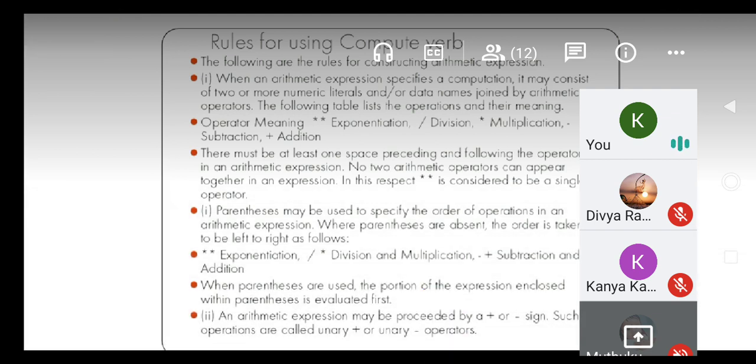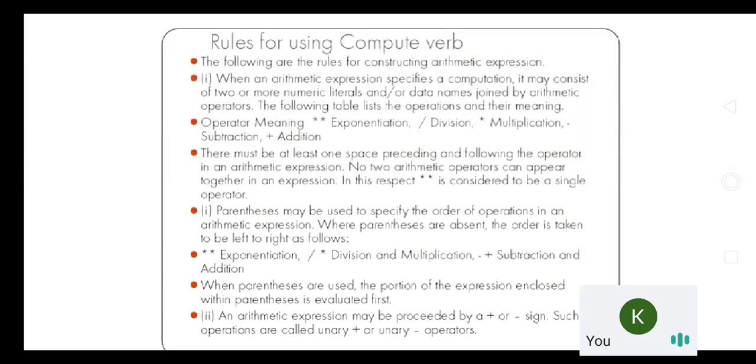And then sometimes we use parentheses. The purpose of parentheses is to give importance to particular calculations in that expression. Sometimes you will have nested parentheses. So always we give importance to the innermost parenthesis expression first, and then the control comes back to the outermost parenthesis. Sometimes we use parentheses to specify the order of operations, in which order you have to evaluate the expression. So to specify the order of operation, we use parentheses along with arithmetic expressions. Okay.